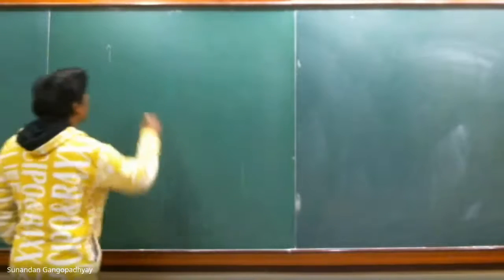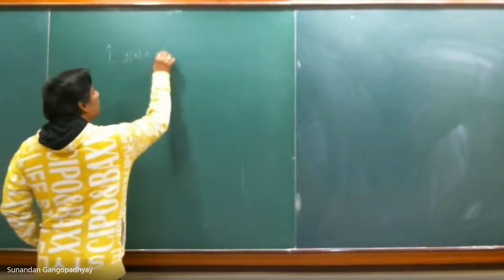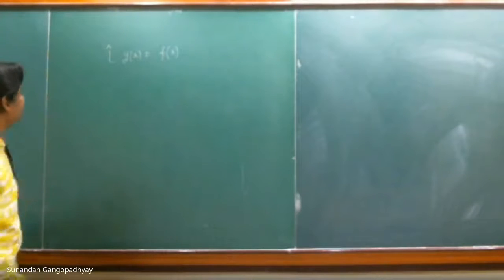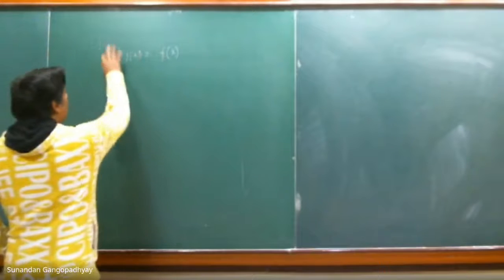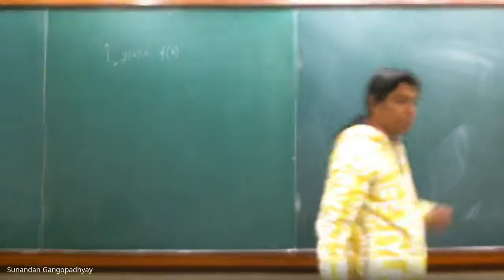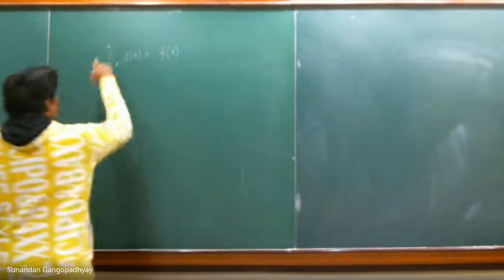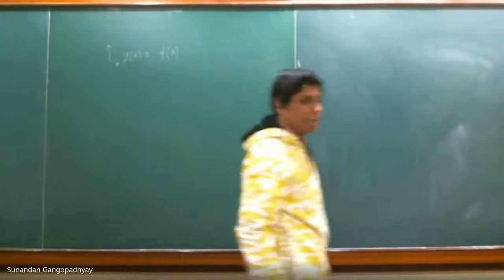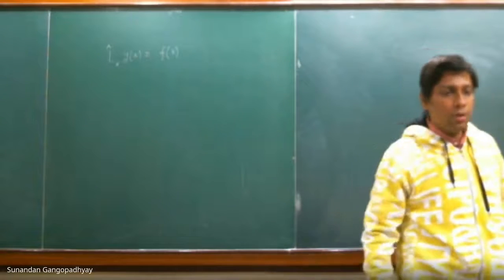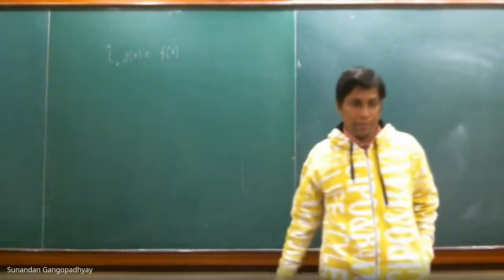I hope you can see this part of the board. So we were trying to solve this equation. Okay? And for the time being, this operator L hat x is completely general. We don't need to take any particular form of this operator, but later on we shall choose this operator to be a second order differential operator in the Sturm-Liouville form. So we will say that this operator is a second order differential operator which is self-adjoint.